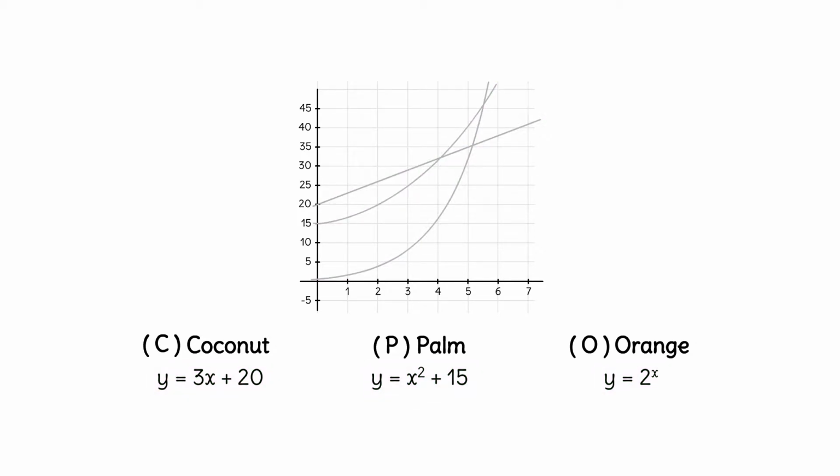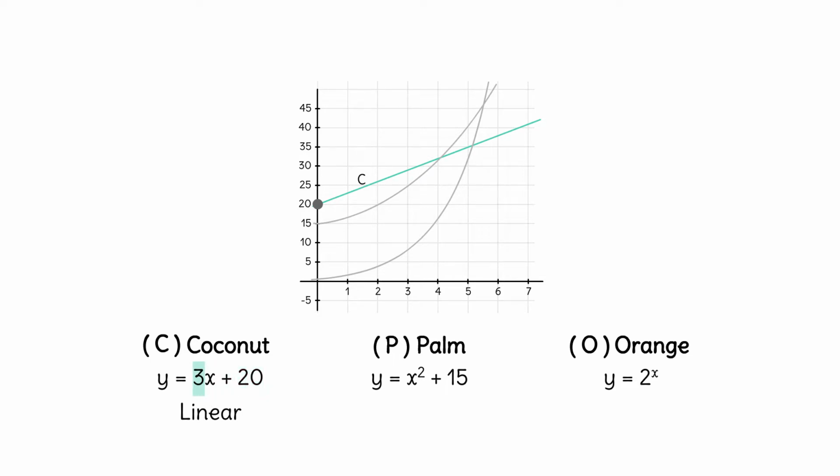Let's look at the equation for the turtles on Coconut Island. Is this equation linear, exponential, or quadratic? Y equals 3x plus 20 is a linear function with a slope of 3 and a y-intercept of 20. The only straight line on the graph is here. Coconut Island started with 20 turtles, more than any other island, but the population only increased by a constant 3